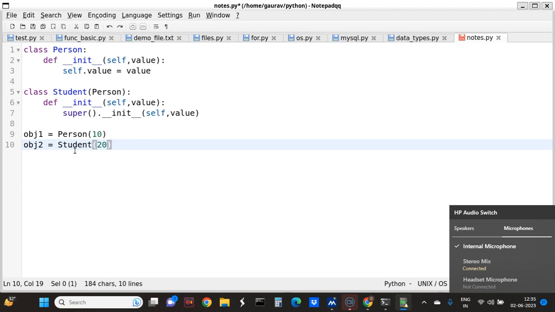Here what I'm doing is print obj1.value, and I'm writing